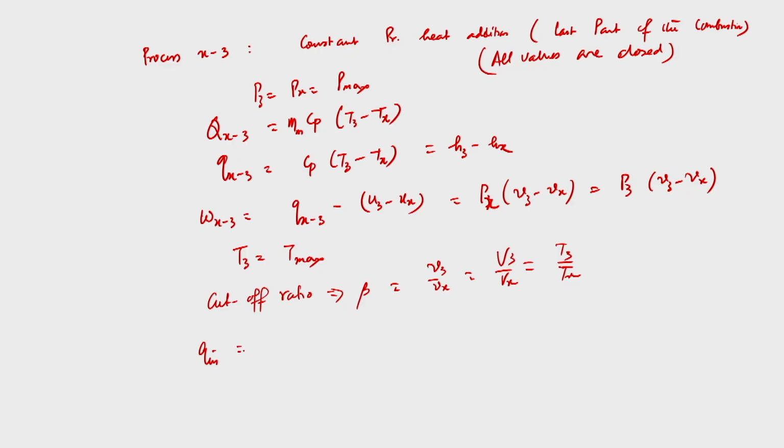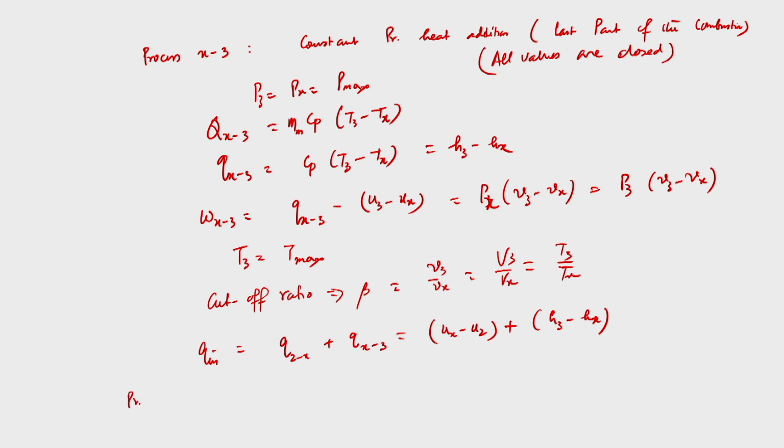So, what is the net heat input in the system? That is what we need to know, because ultimately you have to calculate the thermodynamic efficiency. What is the heat input in the system? So, total heat input Q in is the constant volume process plus the constant pressure process. That is Q 2 to x plus Q x to 3, the first part of the combustion plus the second part of the combustion. So, that is equal to Ux minus U2 plus H3 minus Hx. Ux minus U2 is the heat addition in the first part of the combustion, whereas H3 minus Hx is the heat addition in the second part of the combustion. That is very straightforward. Fine.